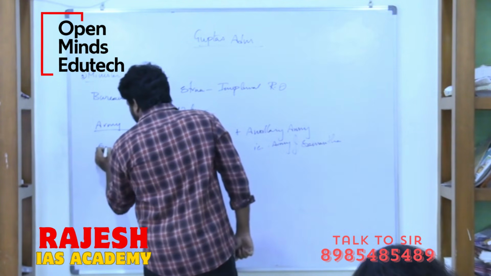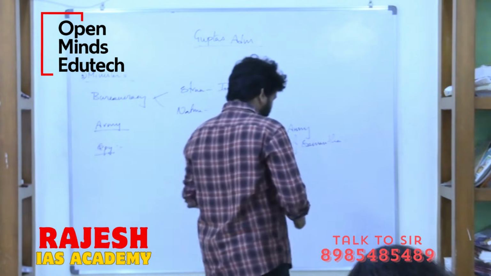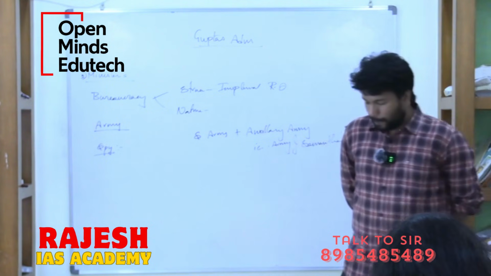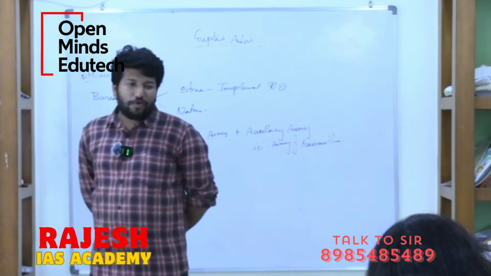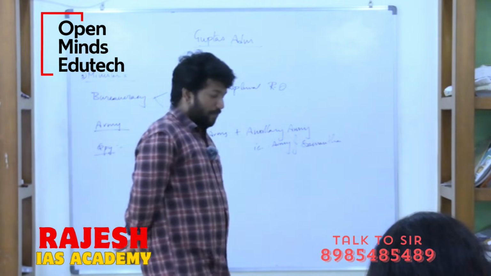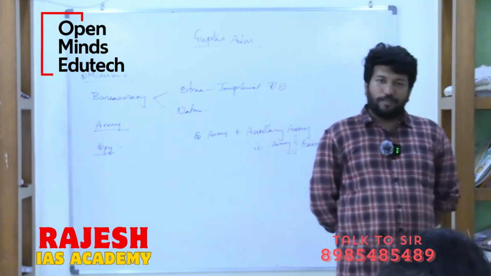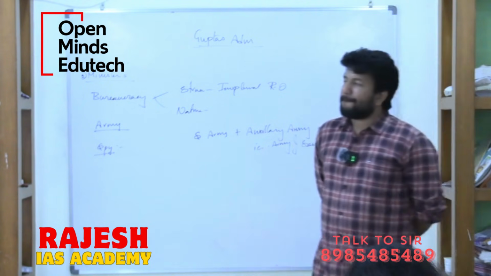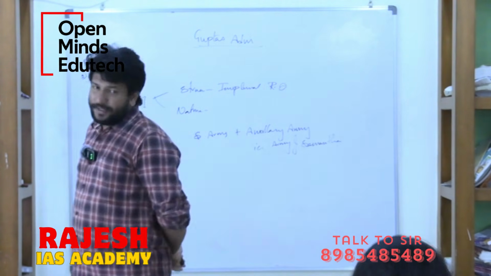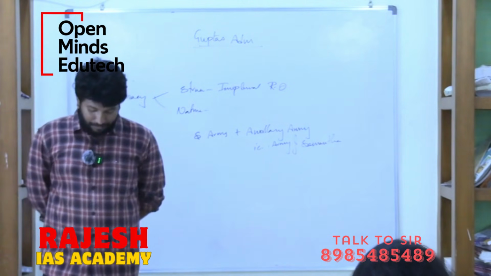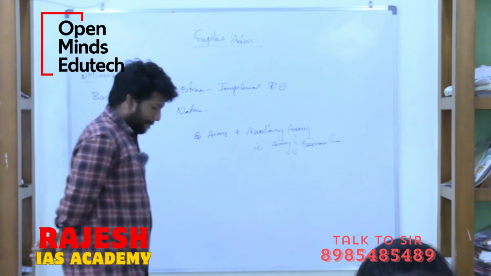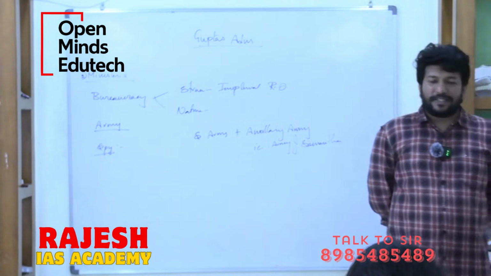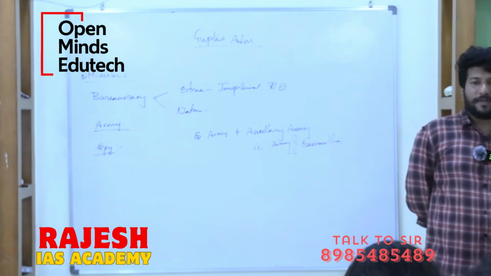Next, the spy system. You write, although the Guptas maintained spies, it is not as elaborate and organized as the Mauryans, because maintaining such an elaborate spy system is not possible